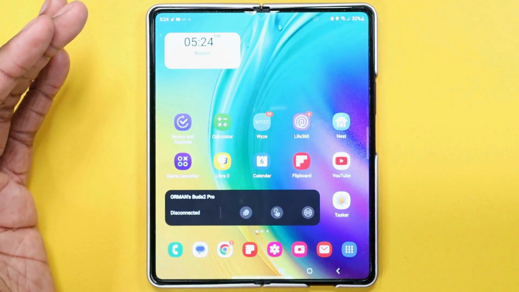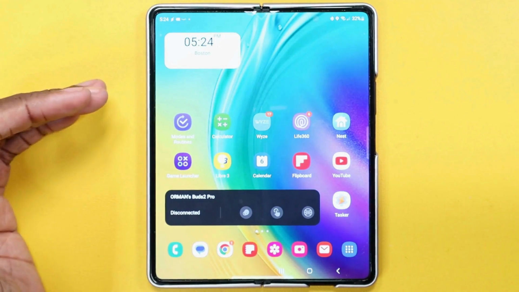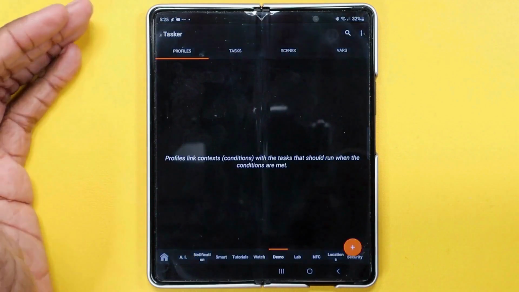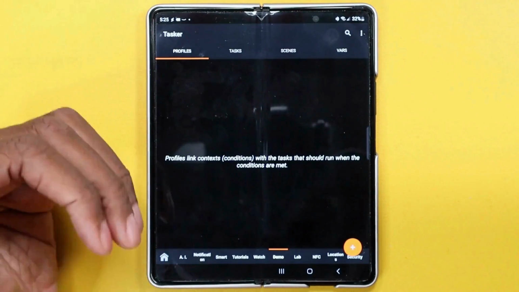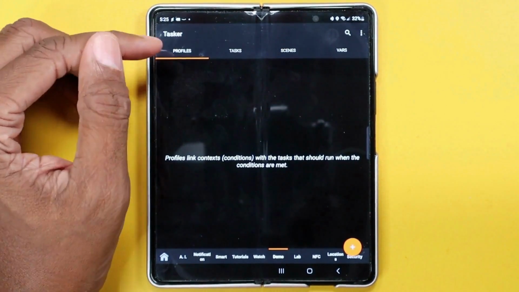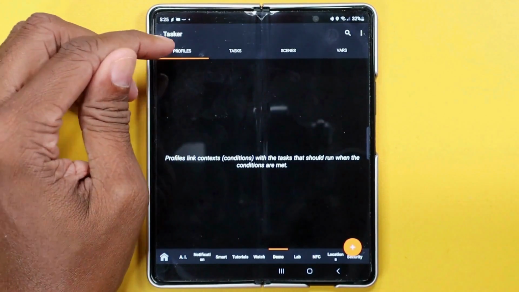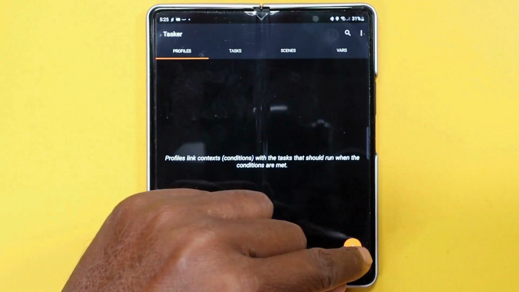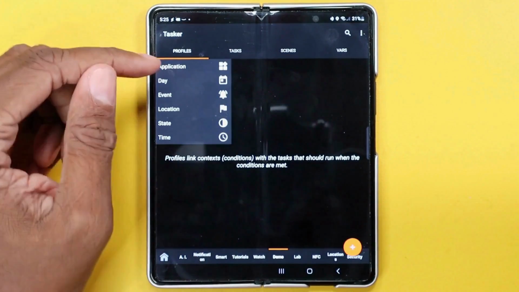Let's do the same thing in Tasker. You load Tasker from the Play Store. We have the Tasker main screen. It's not as intuitive, but it is just as easy to use. Instead of if and then, we have profiles and tasks. We're going to go ahead and click on the plus sign.